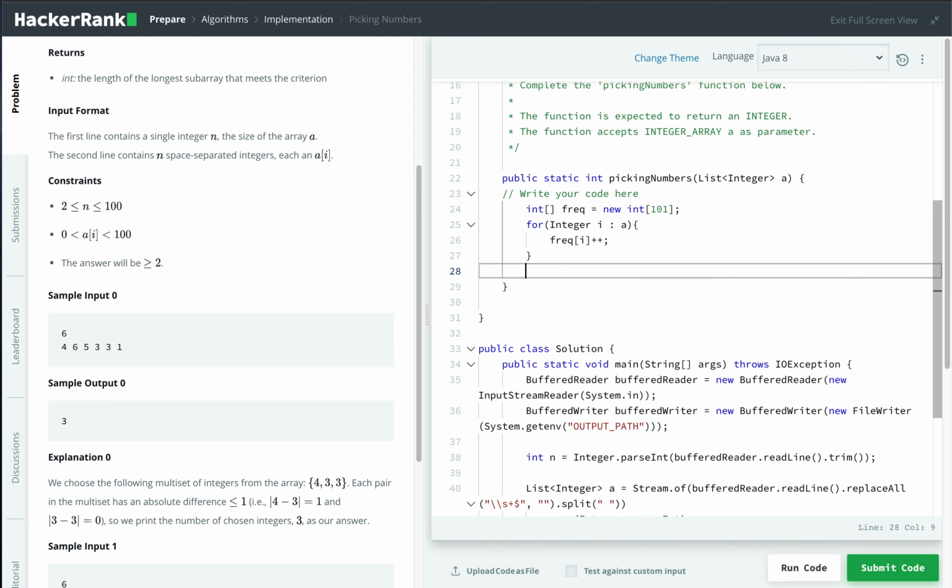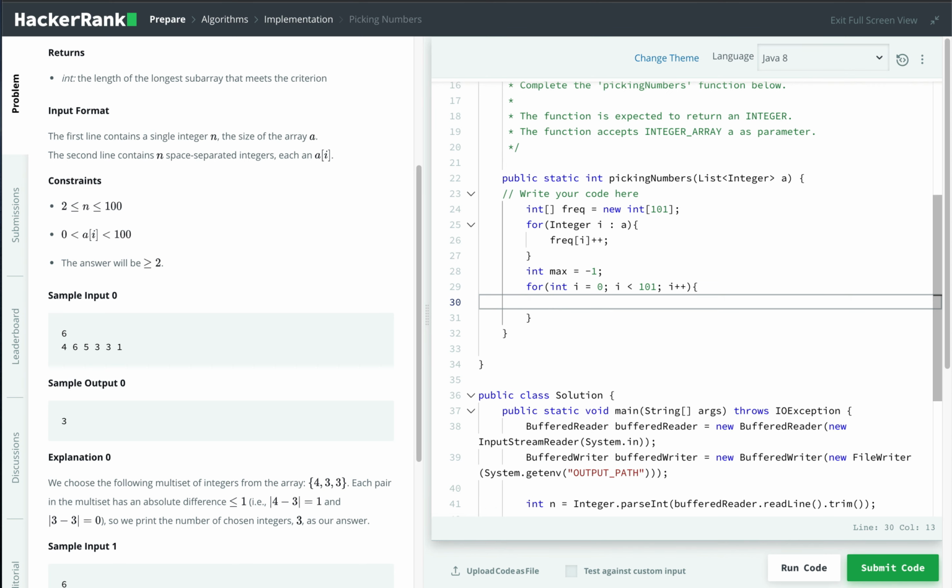Now we need to find the maximum length that we can have from a subarray that meets the criteria. We look through the frequencies array and find the max of frequency plus the next number's frequency, so 0 and 1, 1 and 2, 2 and 3, because the difference is always at most 1.